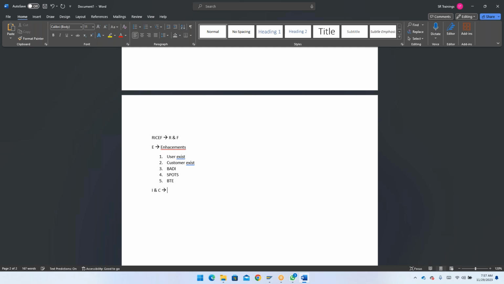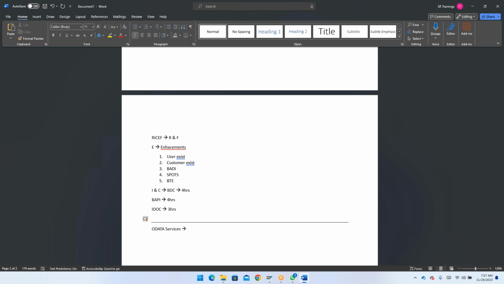In that we are going to teach you BDC, which will take 4 hours, and then BAPI, which will take another 4 hours, and then we'll see IDocs, which will take around 3 hours of your session. By that we will be completing your interfaces and conversions, and then we will start with OData services,